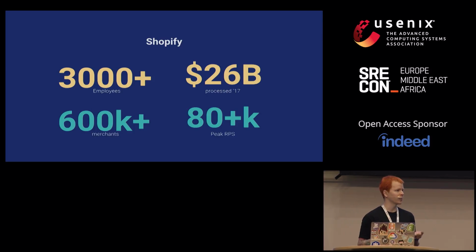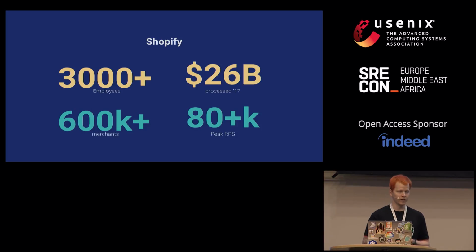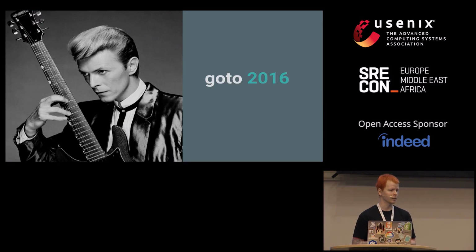And if you like Kubernetes like me, one of the nicest examples of using Shopify is that if you go on the CNCF store and you buy a Kubernetes hoodie, that's going to be served by our Kubernetes infrastructure. So the CNCF store is hosted by us. To give you a little idea about our scale, our main application does about 80K requests per second during peak times. So that should kind of give you an idea of the problem domain and the scale we are talking about.